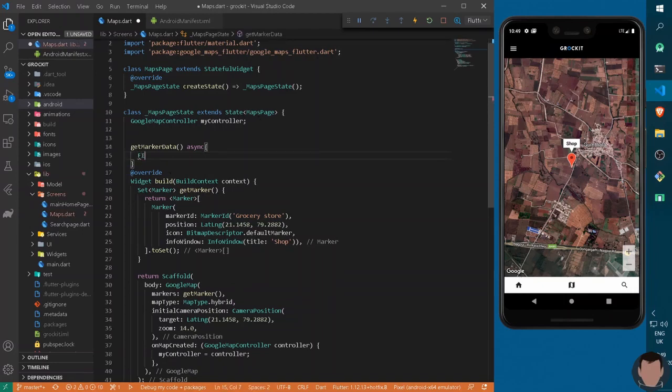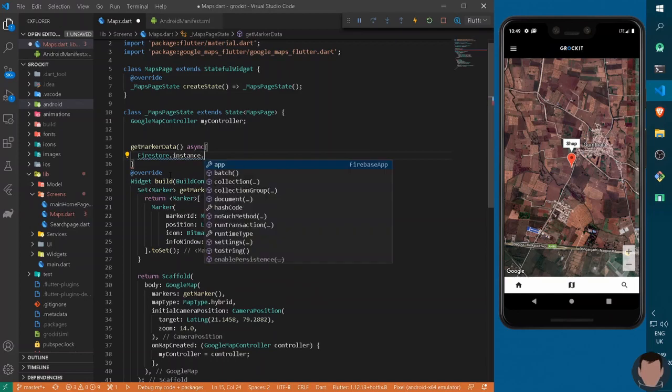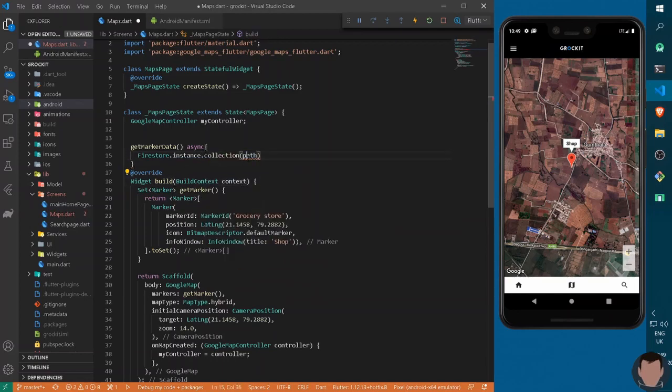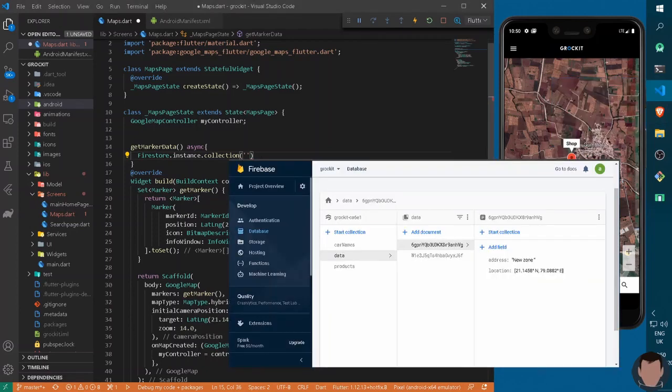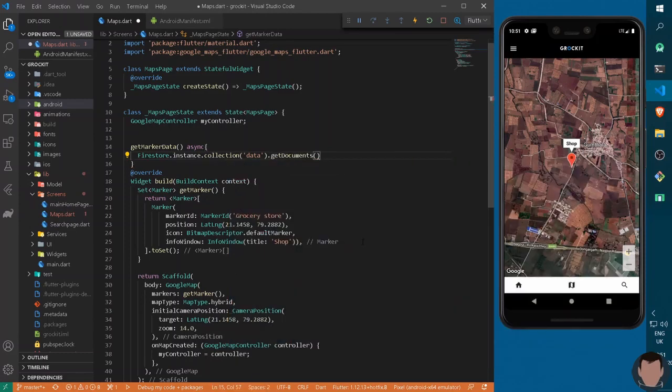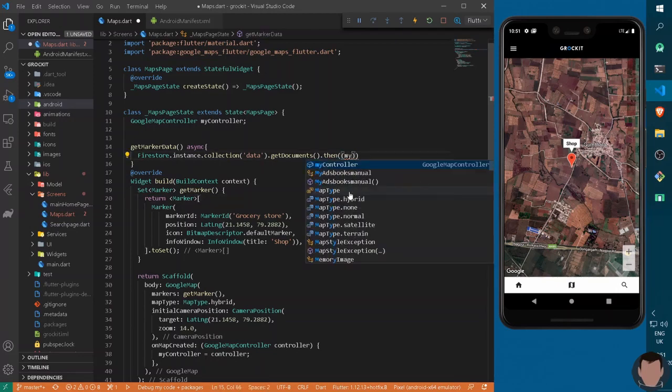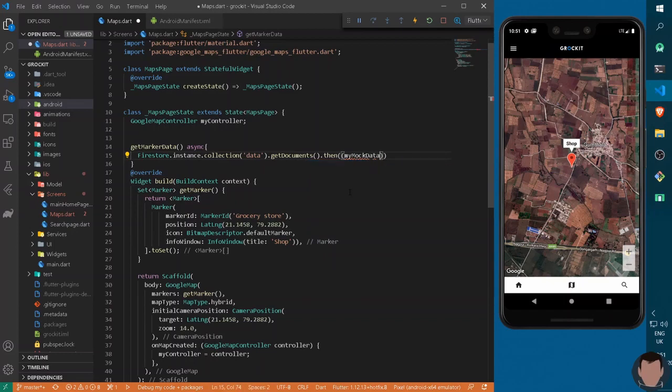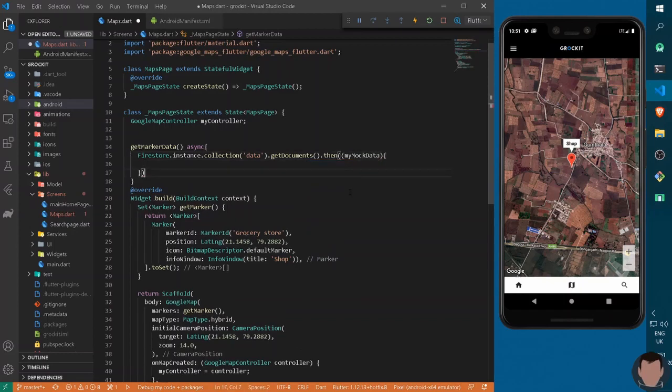So let's initiate a Firestore itself. I can write Firestore.instance.collection, the old school thing. I have written data for it, and here we can give a path of data. In my Cloud Firestore, I have prepared some mock data for our tutorials, so I can give it a path of data.getDocuments, and if we get all the documents, I can write .then, and if we get all the required documents, I can give it a variable, say myMockData, and after receiving myMockData, I can perform some actions on it.